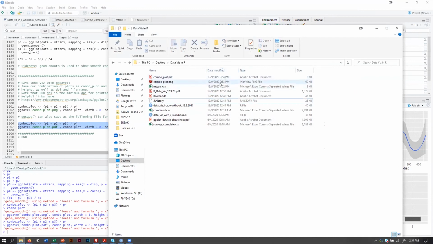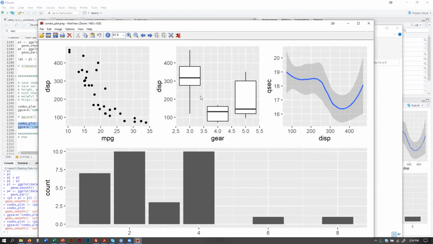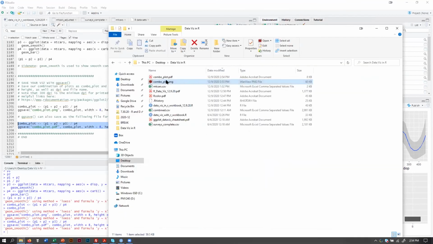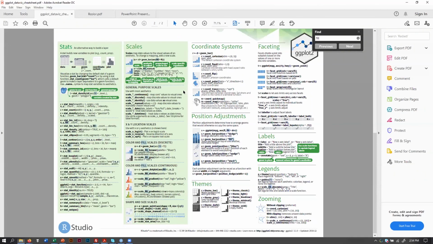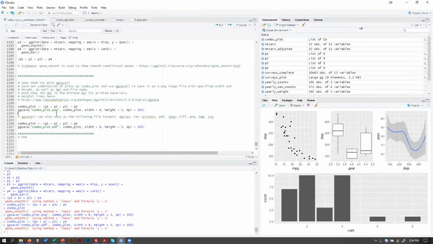Yep. Created just right now. Here's the PNG. Perfect. I think it was 8x5 inches, 300 DPI. It looks pretty good, fairly crisp. And here is the PDF right here of the same exact thing. So everything looks pretty good. So that's how you export things.